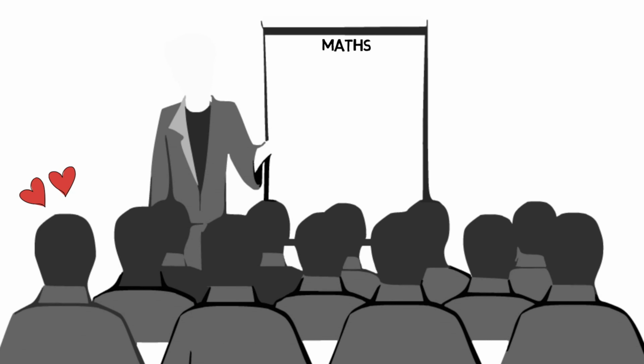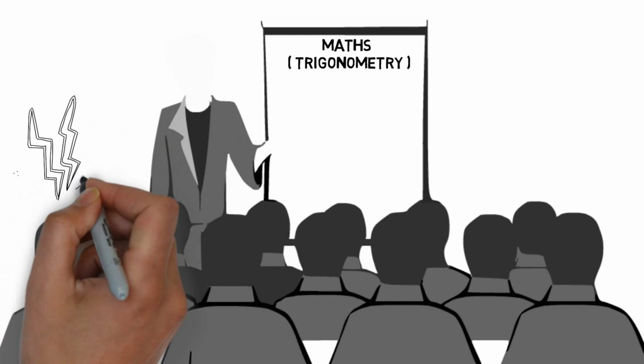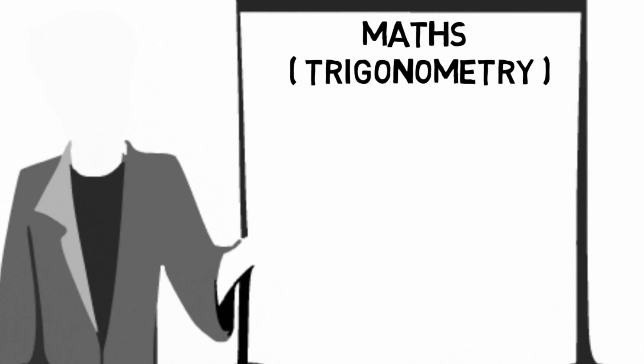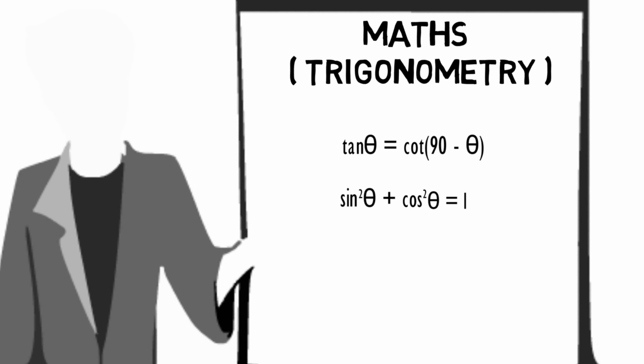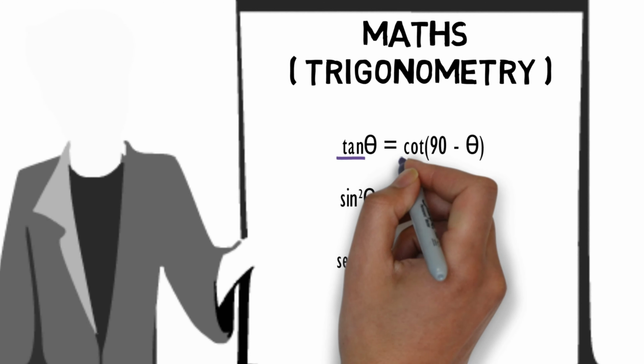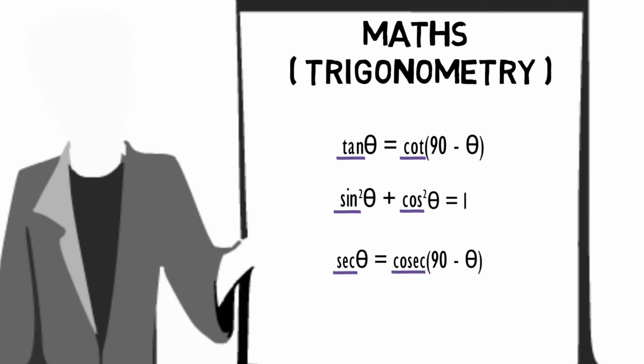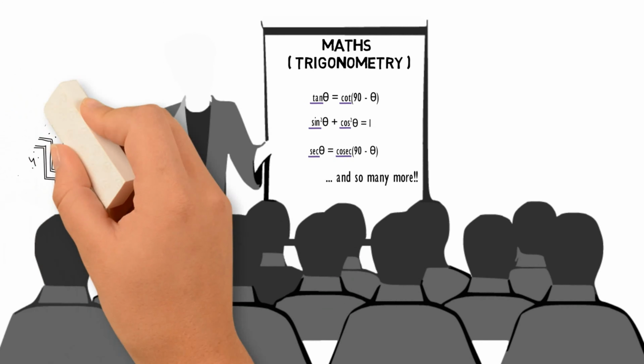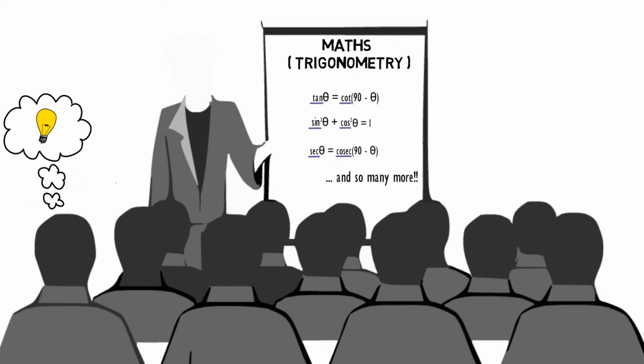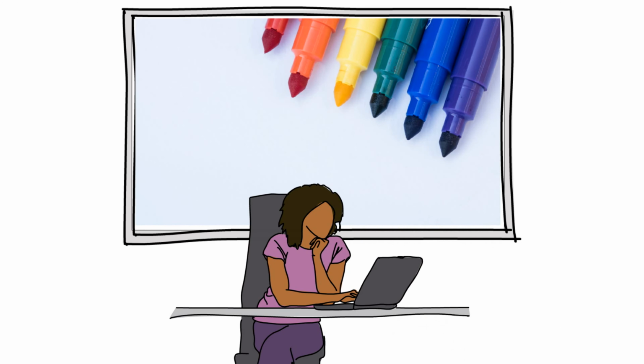I used to love math, but then something terrible happened. My arch nemesis, trigonometry. Trigonometry has many different identities for us to remember, including the relationships between the six trigonometric functions. There's dozens of these identities, and today I bring to you a simple method to remember 33 of them without having to memorize them.